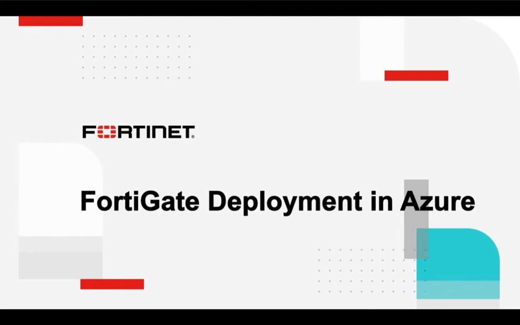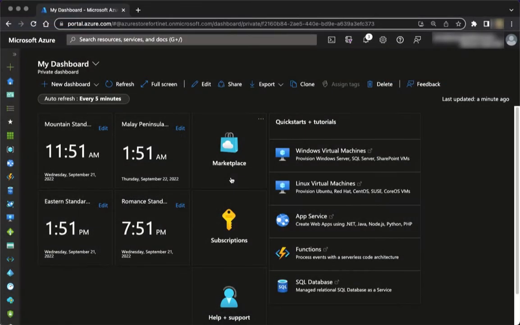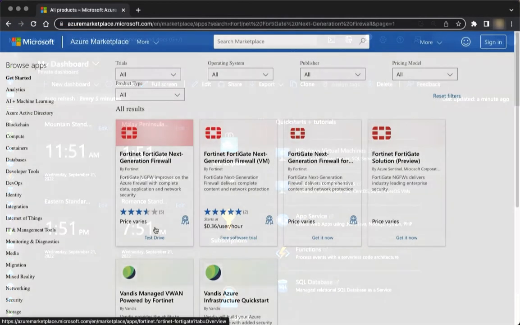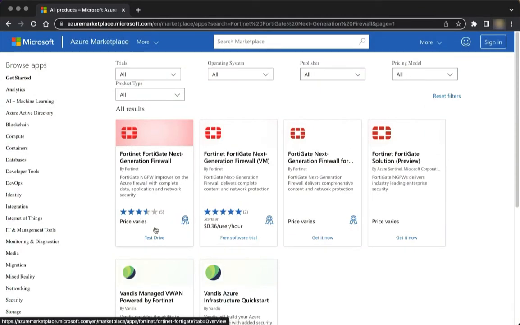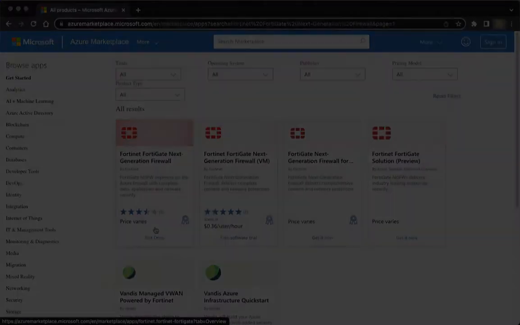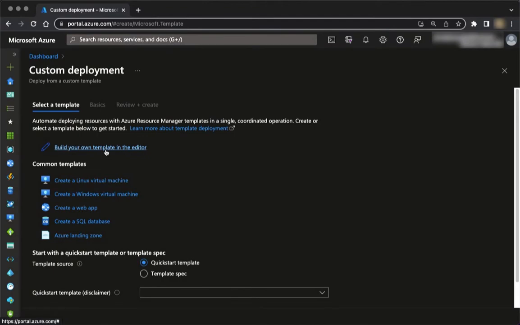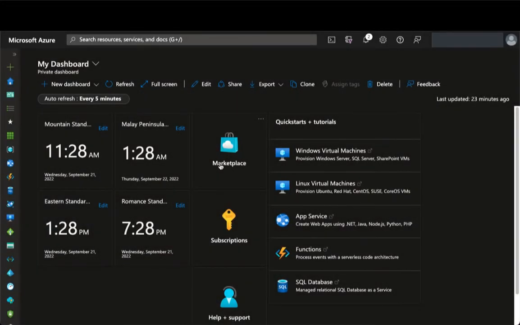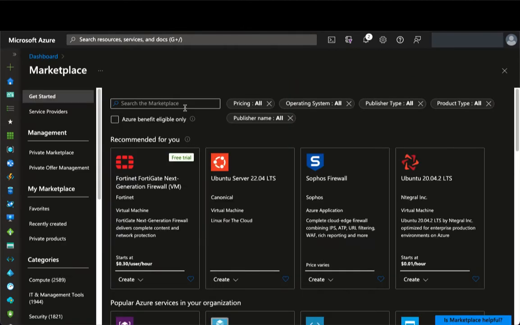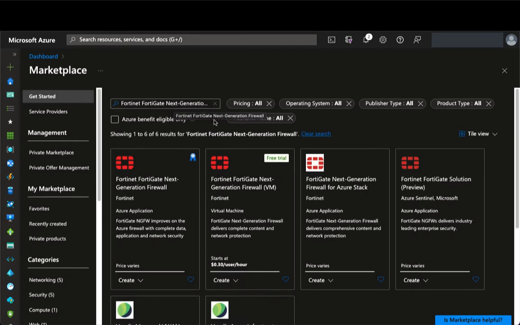The Fortinet FortiGate Next Generation Firewall can be deployed in Azure in a variety of ways: using Azure Marketplace access through the Azure portal, through Azure Marketplace accessed via azuremarketplace.microsoft.com, from Fortinet's GitHub repository of FortiGate deployment architectures, or as a custom template uploaded from your own code. The focus of this video is deploying a standalone single Fortinet FortiGate Next Generation Firewall through the Azure Marketplace, accessed